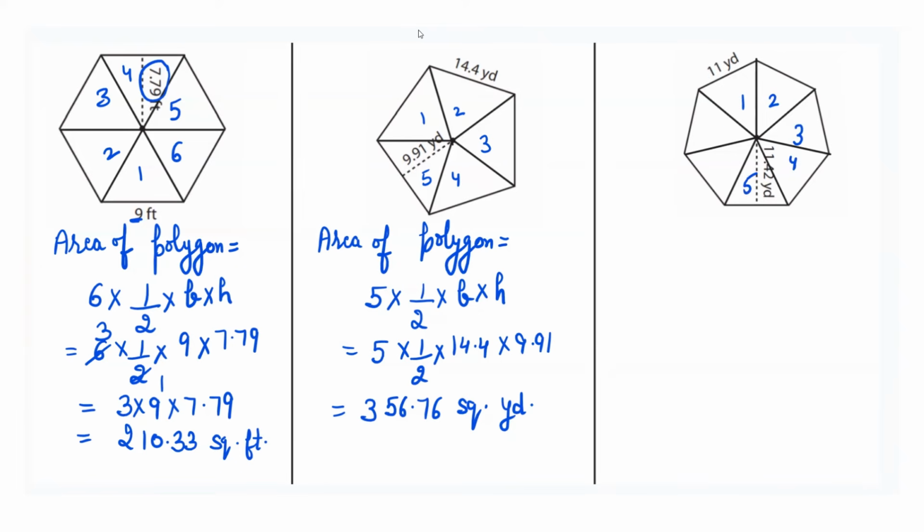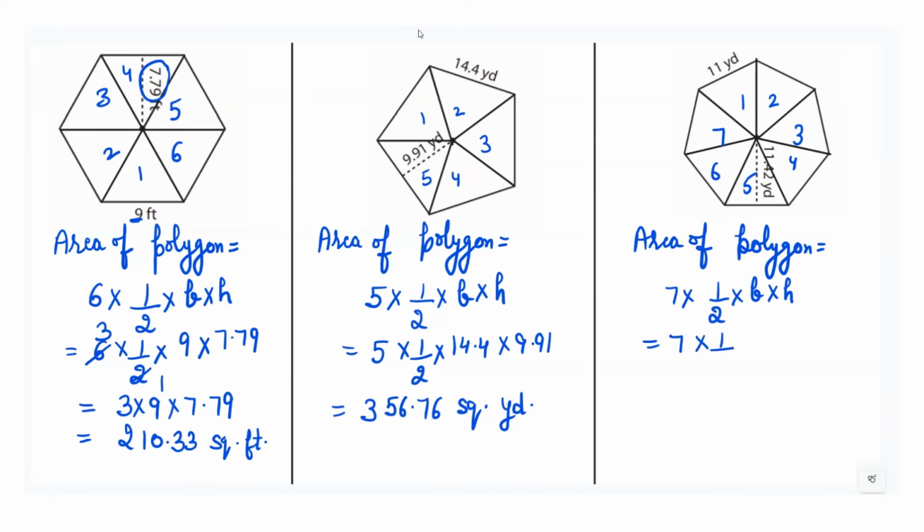Now similarly, in the last part, we have to count the number of triangles: 1, 2, 3, 4, 5, 6, 7. So that means the area of the polygon is equal to 7 times the area of a triangle, which is equal to 7 times 1 by 2 into the value for the base, 11, and the value for the height, 11.42. And when we solve all this, we'll get the answer equal to